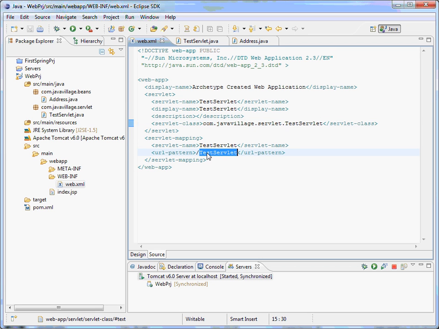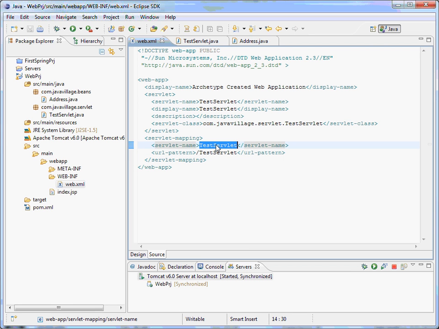Basically we'll call a URL pattern, which is /testservlet. Whatever URL is requested from the browser will be identified by the servlet mapping, and based on the URL pattern we'll have an identification called the servlet name.